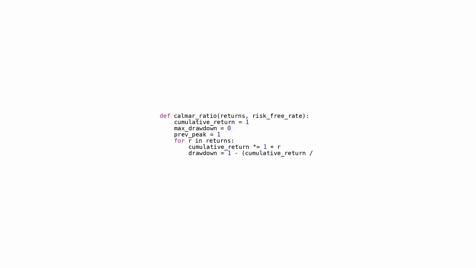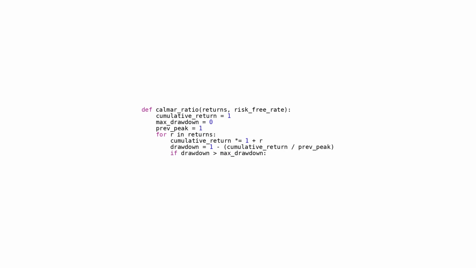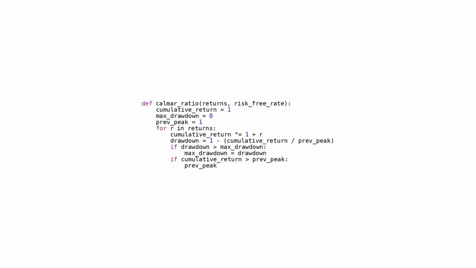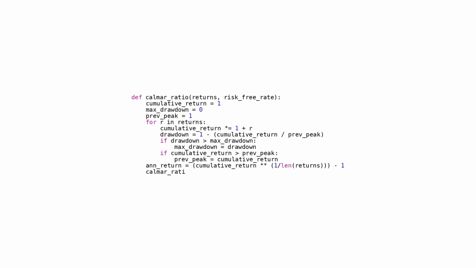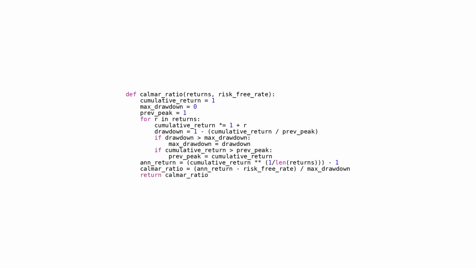1. It sets initial values for variables like cumulative return, max drawdown, and pref peak. 2. The code then iterates through the list of returns, computing the cumulative return, drawdown, and continually updating the max drawdown and pref peak values. 3. Following the iteration, it determines the annualized return and ultimately calculates the Calmar ratio using this equation: annualized return minus risk-free rate, divided by max drawdown. Utilizing this code enables the computation of the Calmar ratio for a given set of returns,